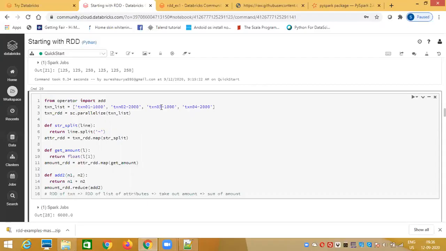Is it because in PySpark you're using map and reduce higher order functions, or is it that we should not use Python predefined functions? If you give the sum of the list, it will give you 6000. We are also asking, instead of using RDD, can we directly use a Python program to solve this problem?